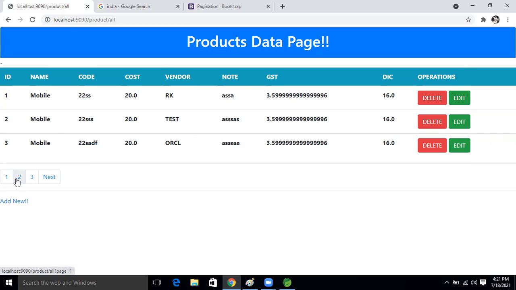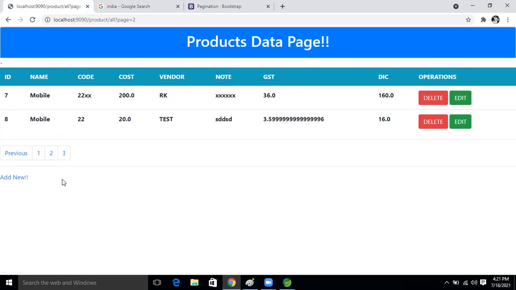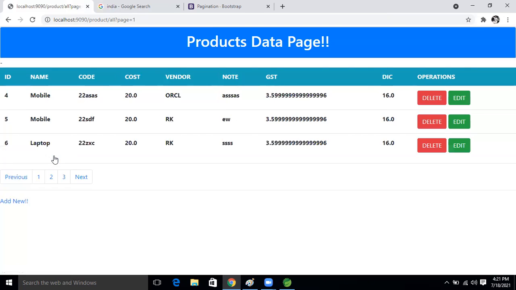If we are on the second page, previous is also there and next is also there, because we are on the second page. But if we go to the third page, see this, next is gone. If you come back to the second page, previous and next came. Now if you come to the first one, see this, previous is gone.